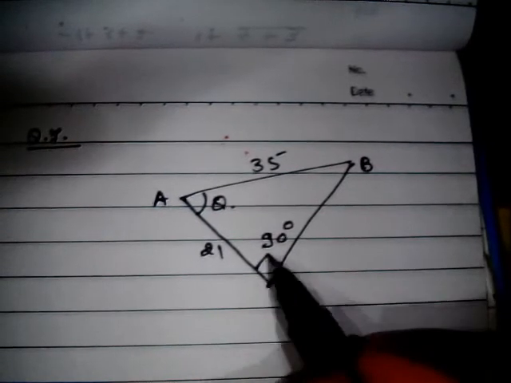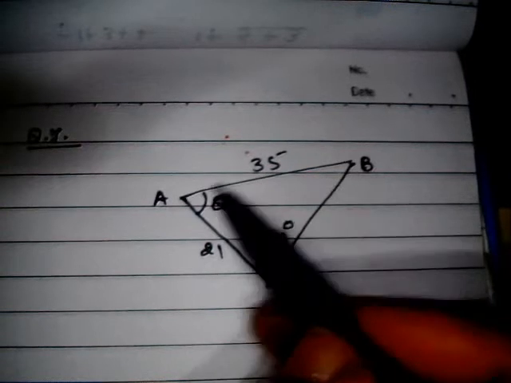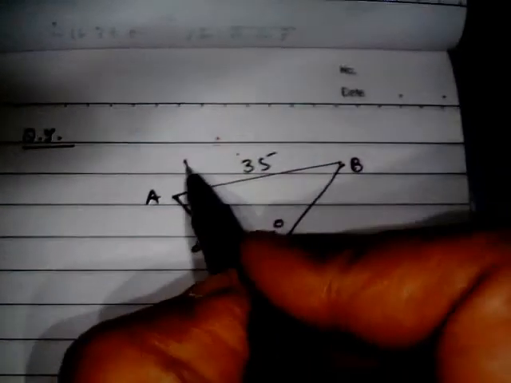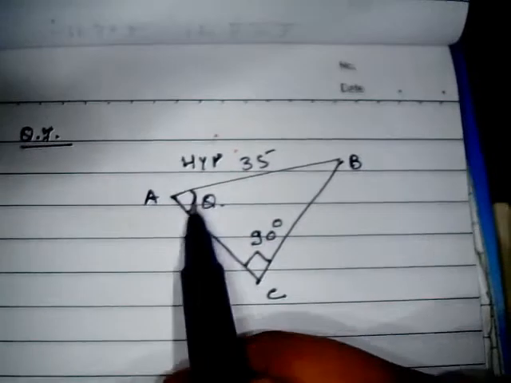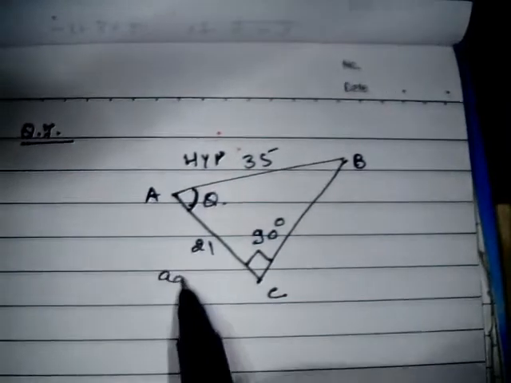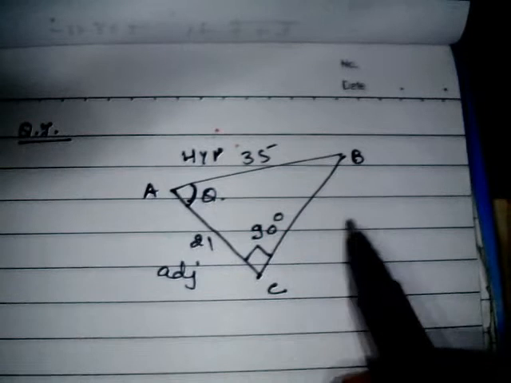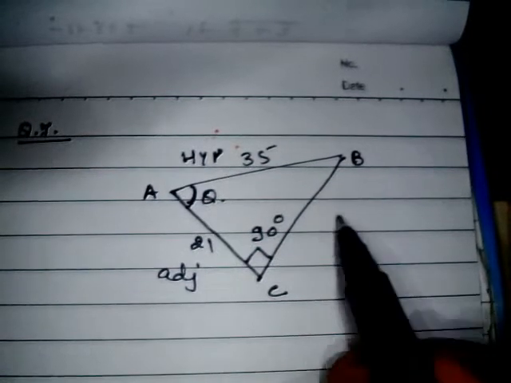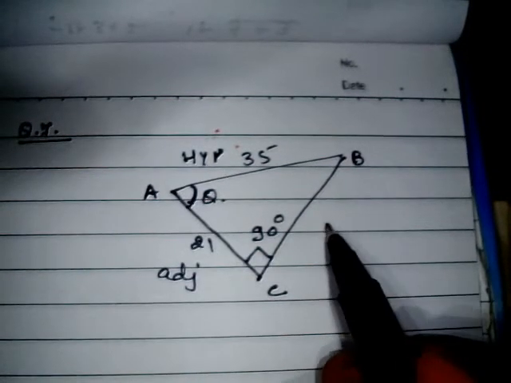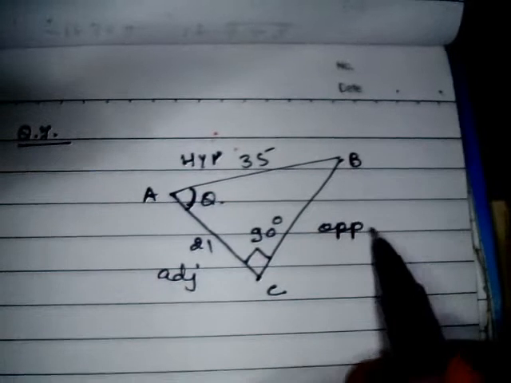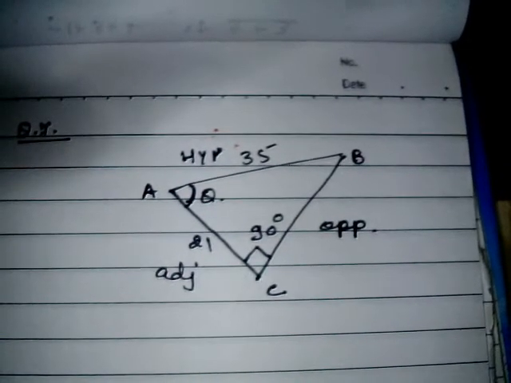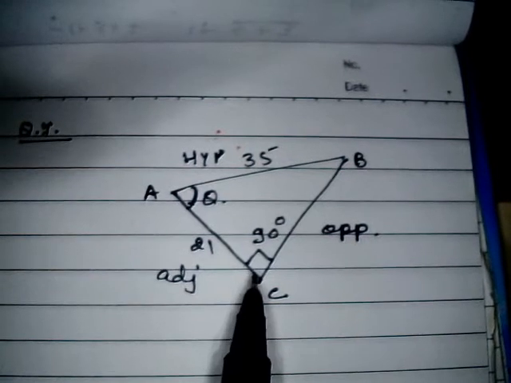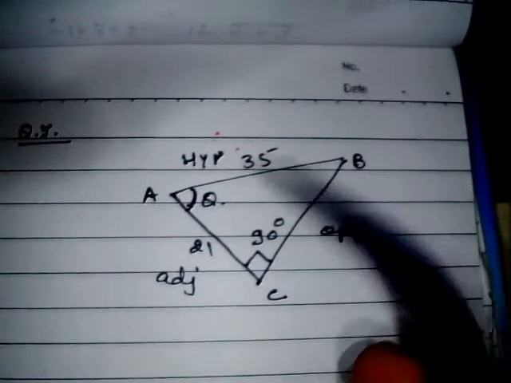So the 90 degree opposite side is always the hypotenuse, so this is going to be your hypotenuse. Now this is theta, so the side attached to theta is always adjacent, so this is going to be adjacent, and the other side, which is left, opposite to theta, is going to be your opposite side, correct? If you are confused, first you need to decide what is the hypotenuse. Wherever the 90 degree is, the side opposite to it is going to be the hypotenuse, okay?